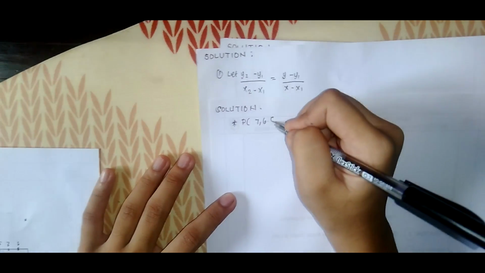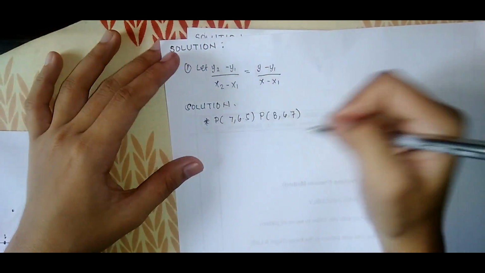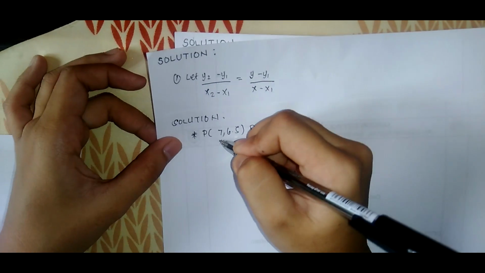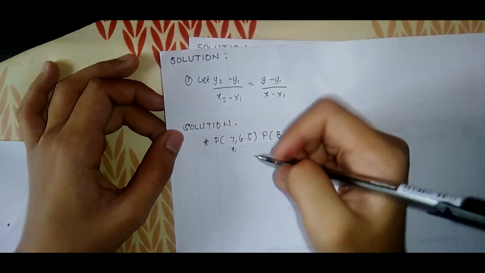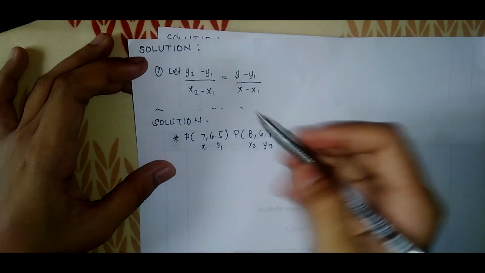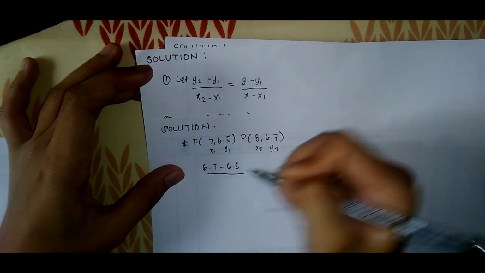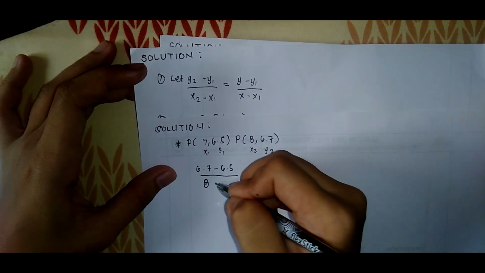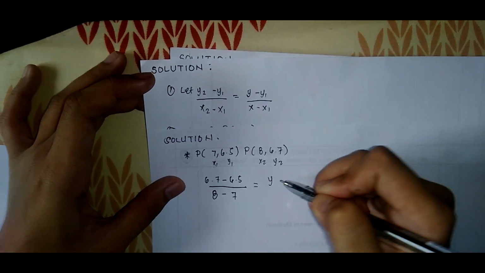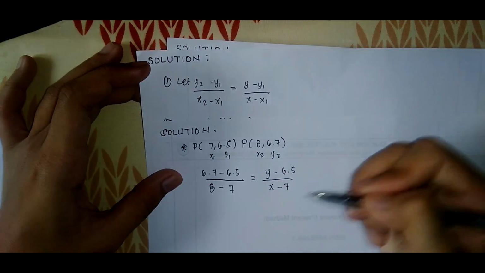7 and 6.5 and point 8 and 6.7. Let's substitute these points to the equation. So first, this is the x sub 1 and this is the y sub 1, x sub 2 and y sub 2. So y sub 2, which is 6.7, minus y sub 1, which is 6.5, over x sub 2, which is 8, minus x sub 1, which is 7, equals y minus y sub 1, which is 6.5, over x minus x sub 1, which is 7, is equal to